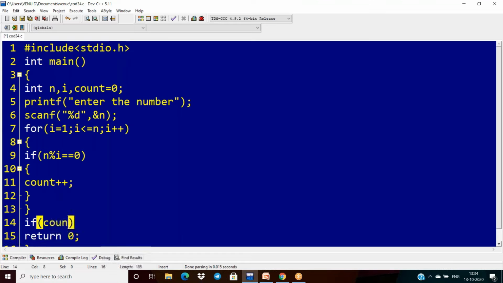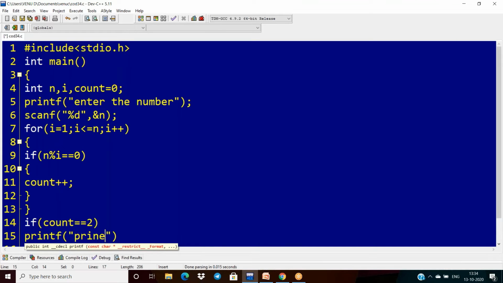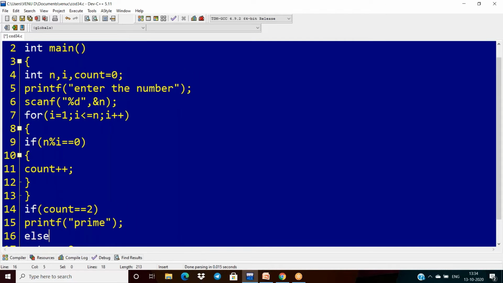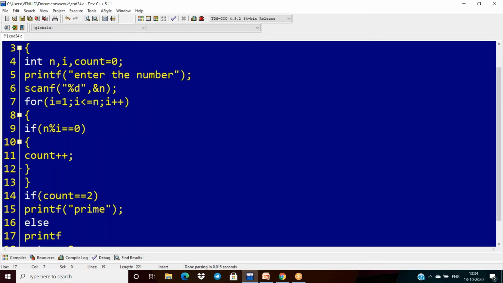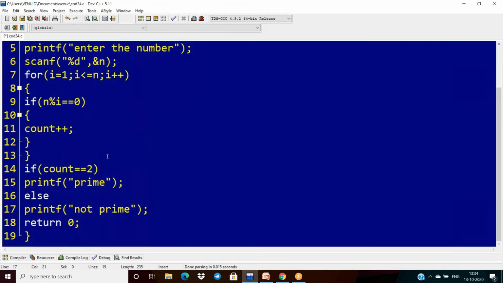Now, after completion of all this, if the count is equal to 2, then it is prime. Otherwise, it is not prime.